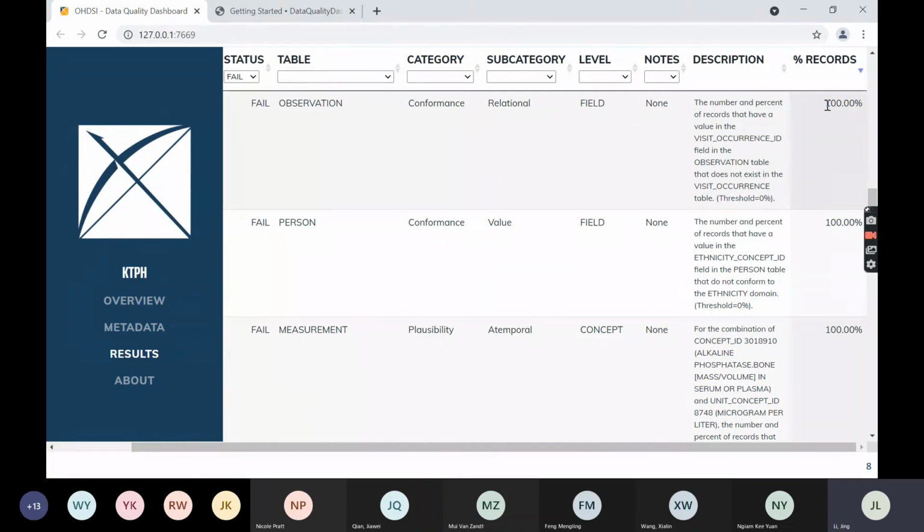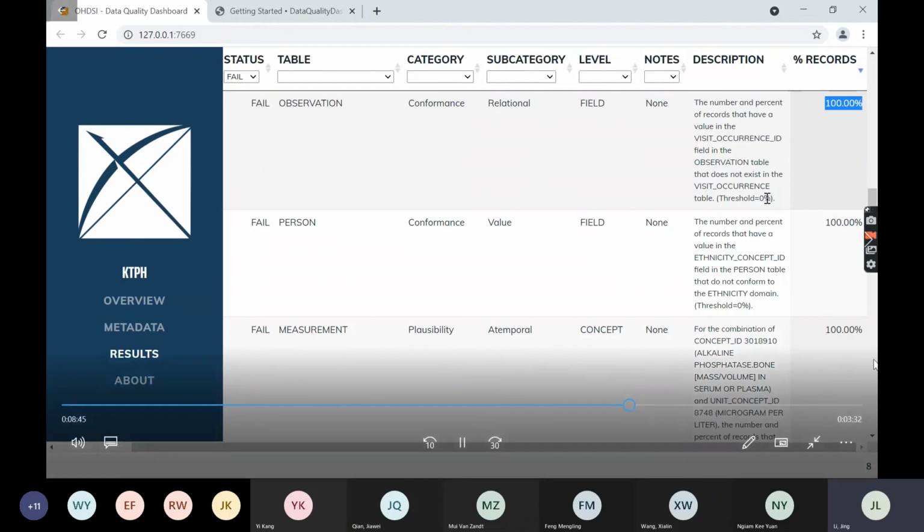And in our data set, all the records have failed this check. So you can see 100% here. Since all the records have failed, 100 is greater than the threshold that they are configured, which is 0. This rule is classified as failed. The reason why this check is failed is because our data source has observation information based on questionnaire data, and those questionnaire data does not have any associated visit information. So hence we have keyed in as 0 for all the visit occurrence ID, or we might have left it